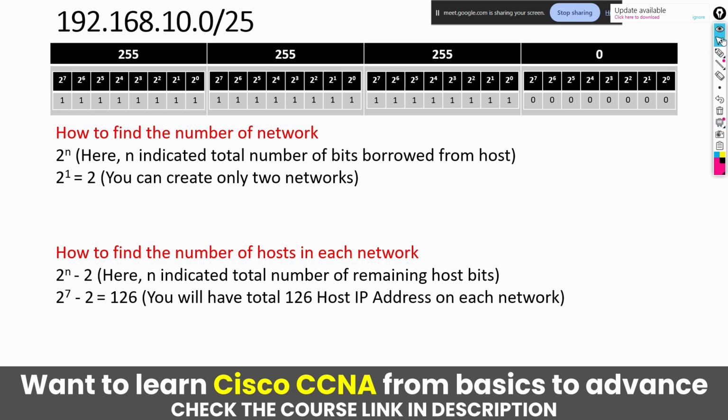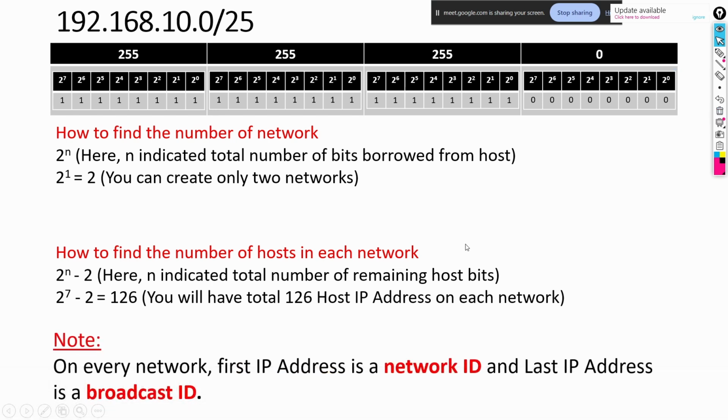Okay. Now the next question is, why have we subtracted 2 here? This is because on every network, the first IP address is always reserved for the network ID and the last IP address is always reserved for the broadcast ID. These two IP addresses you cannot assign to devices. Okay, you cannot assign them to a router, a switch or a PC. It will not take. Now next is,